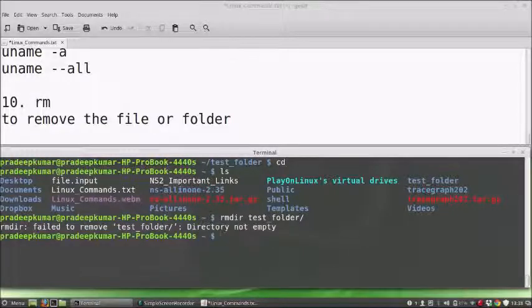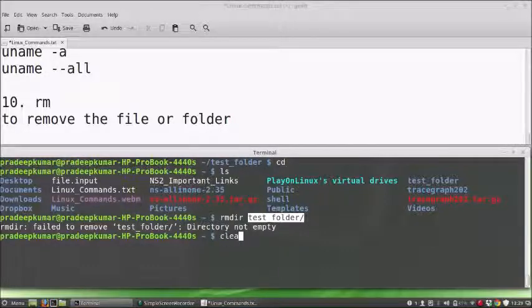Now this will say directory not empty, meaning the test_folder already has a file called hello.c. So unless you delete hello.c, you cannot delete this folder using rmdir. But suppose the folder has thousands of folders inside and every folder has some files inside, then deletion is very tough.